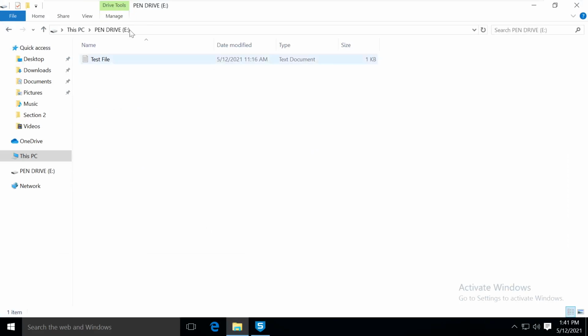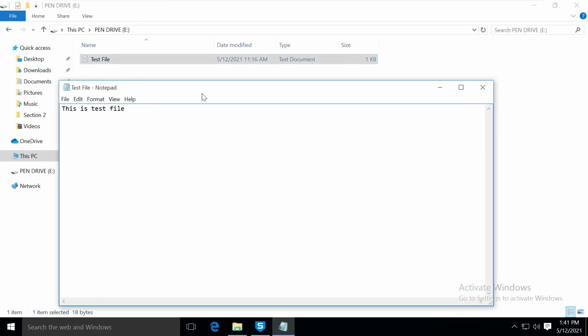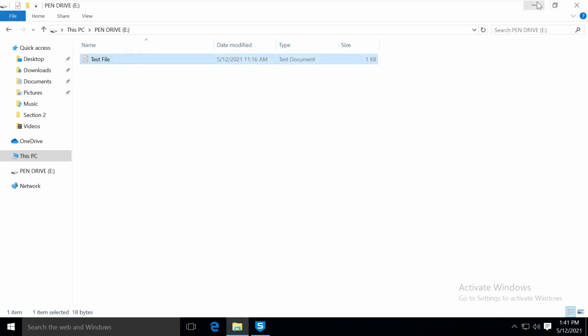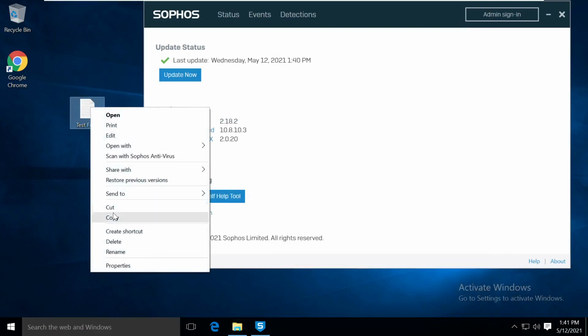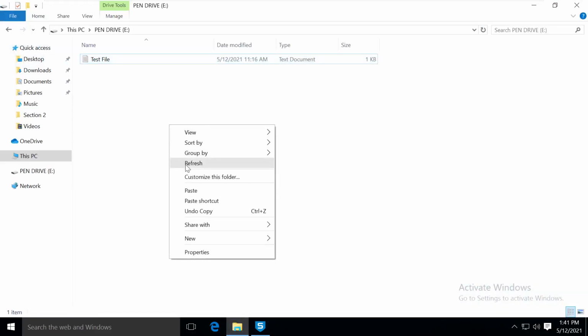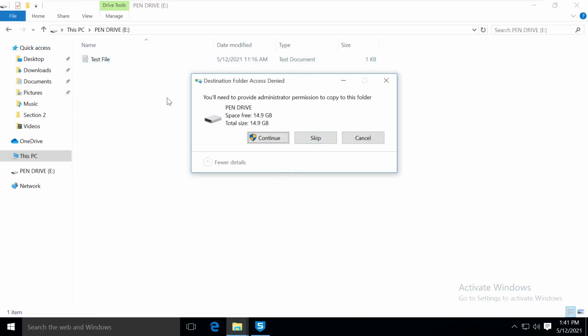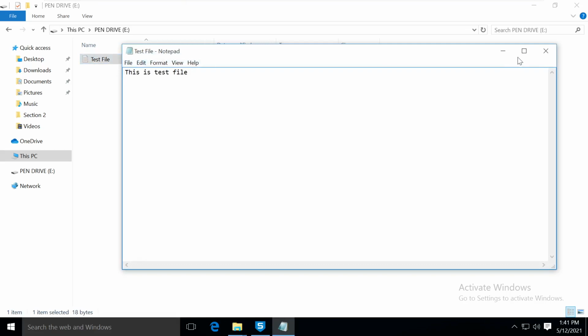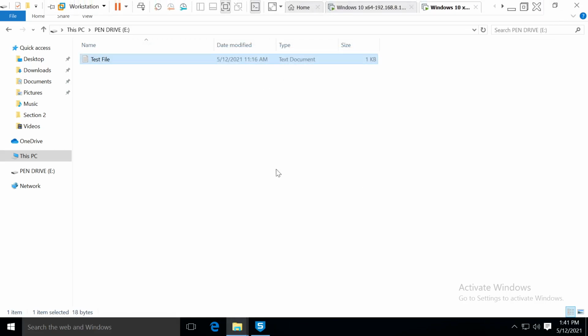This is my pen drive, so I can go to the pen drive and read these things. This is the test file. I can read this, but at the same time I'm going to copy this test file to here. I'm going to copy, but I cannot copy. The destination folder access is denied. You will need to provide administrative permissions to copy this file. That is the behavior. You cannot copy this as this Ricky user because we have set it to read only. So you can read the things on the pen drive, but you cannot copy anything to the pen drive. Hope that is clear.